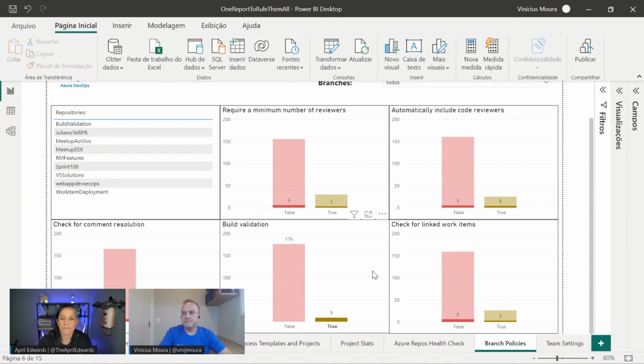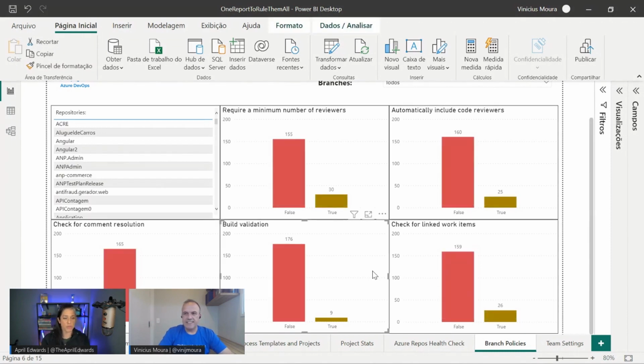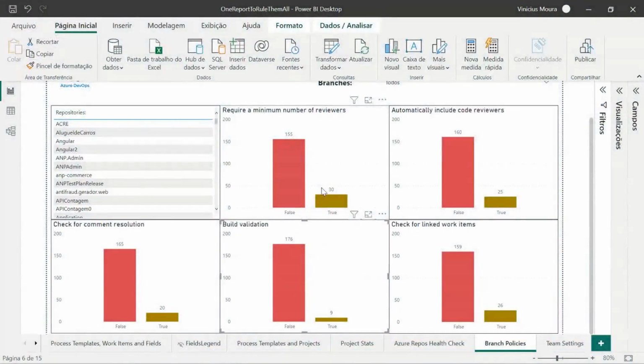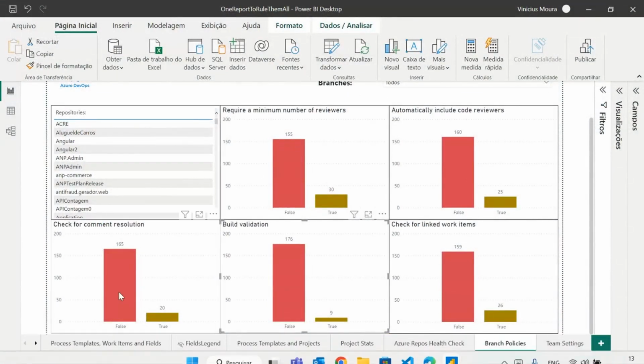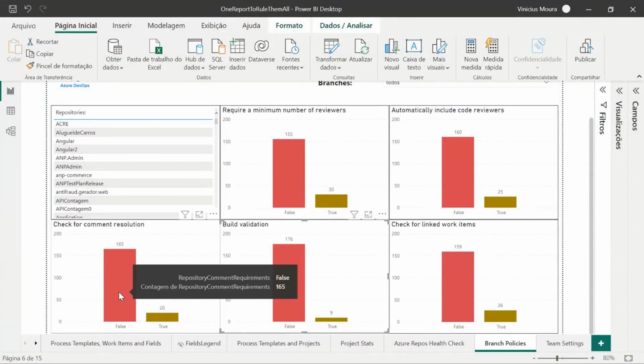Awesome. Yeah. That's really cool. I really like this. This is a great way to review the processes you have in place, how to audit that and give that back to the organization and keep on top of it. Yeah. Let's go to the second example. Sure. My second example is focused on process template customizations and team board settings.